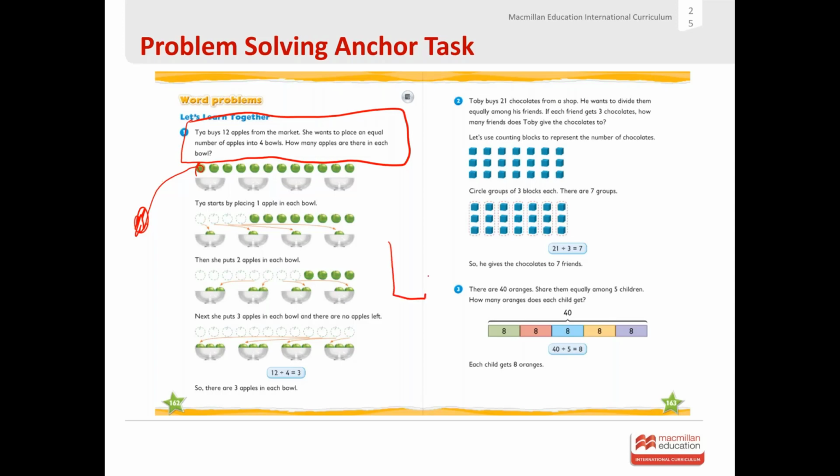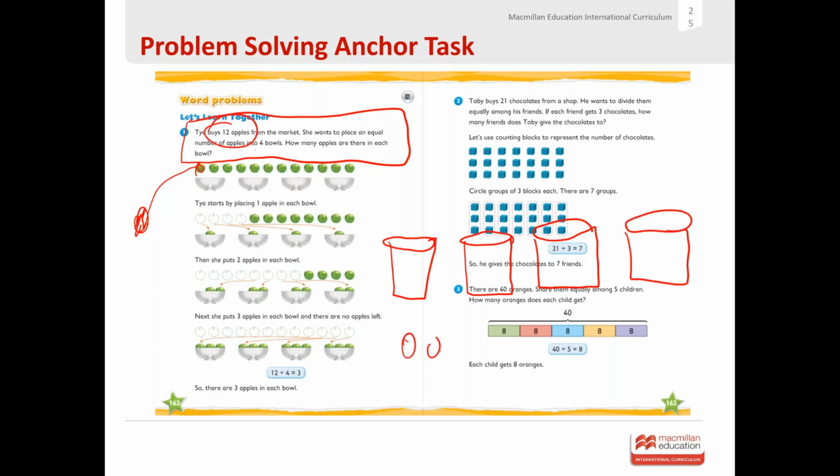I might get a cup, some sort of paper cup or something, and I might say, well, she wants to place an equal number of apples into 4 bowls. So my 4 bowls might be 4 paper cups, like so. And I've got 12 apples, so I'll give each class 12 counters, 3, 4, 5, 6, 7, 8, 9, 10,